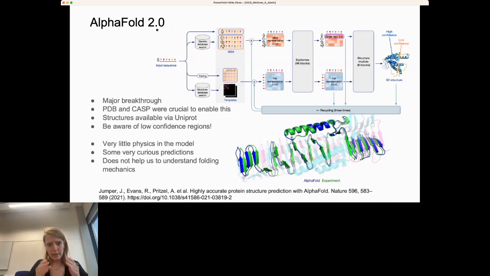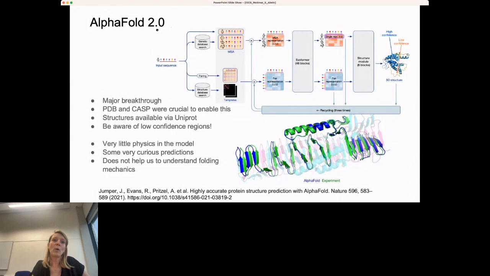But if you look at detail in the architecture or in the papers, what has changed between AlphaFold 1, which was already good, but AlphaFold 2 really made a huge leap. They actually threw out a lot of the physics. So a lot of the physics in the model, for example, that two atoms are not allowed to clash, was actually thrown out of the model as an explicit constraint. So while the predictions are much better, I would argue that actually our understanding of the physical system hasn't necessarily improved at all. And so that also means that, for example, AlphaFold can come up with these kind of predictions,